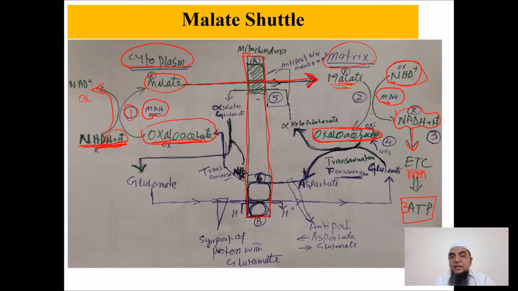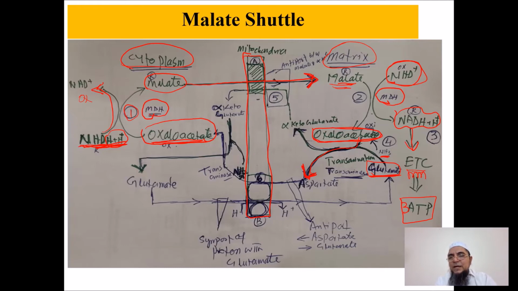What is the trick? There is an amino acid, glutamate. And I hope you are aware of the process of transamination. Transamination is a process where the amino acid gives its amino group to a keto acid like oxaloacetate. Once the amino acid gives its amino group to the keto acid, the amino acid is converted into a keto acid, and the keto acid is converted into a new amino acid. This is the process of transamination. So this glutamic acid, which is present in the mitochondria, will release its amino group, and this amino group will attach to oxaloacetate, and then this oxaloacetate will convert into a new amino acid, aspartate.